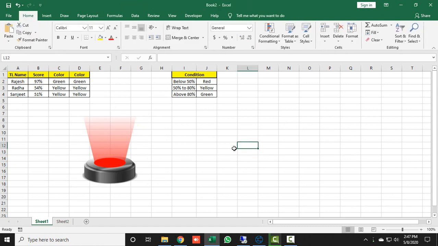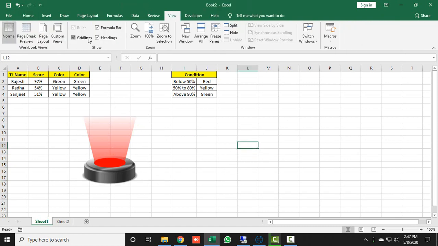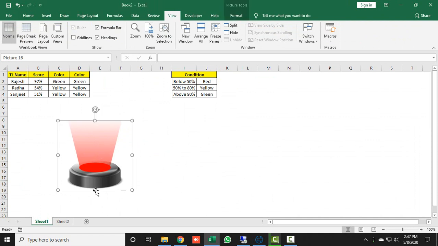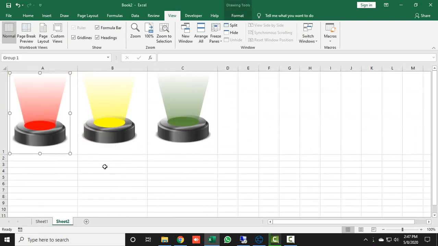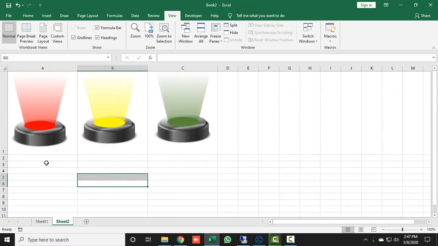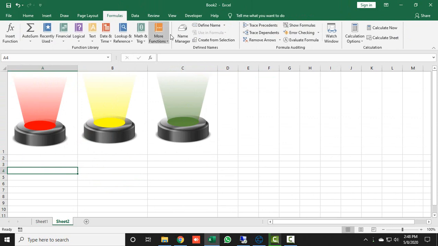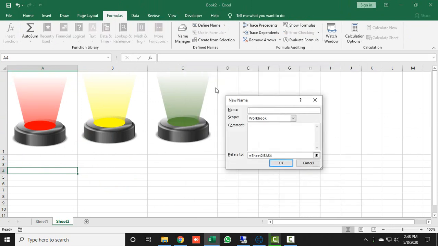I will select the entire worksheet, click on the View tab, and remove the gridlines. Alright, so now this is done. First of all, I will get back to my new worksheet and give a name to each and every shadow. So what will I do? I'll click on Formulas, go to Name Manager, click on New, and the first one would be for red. So I will type here red,